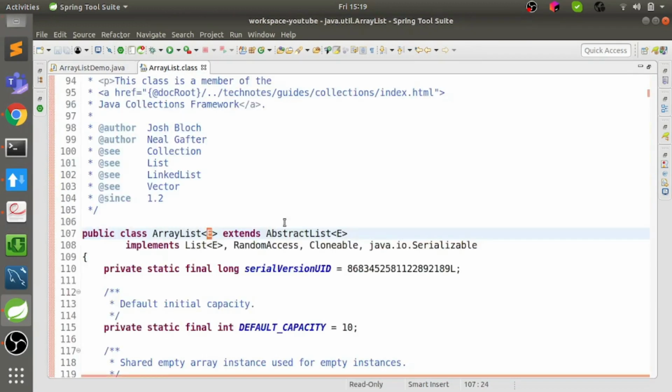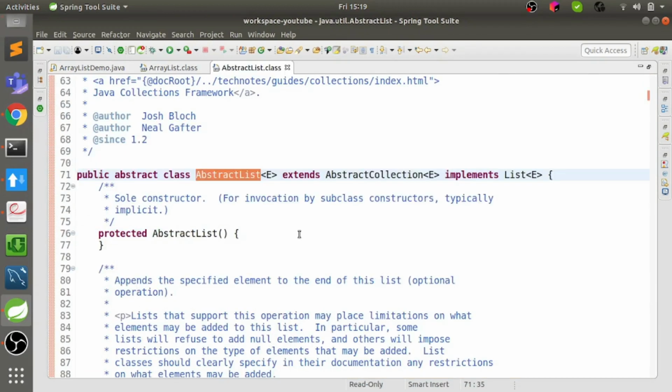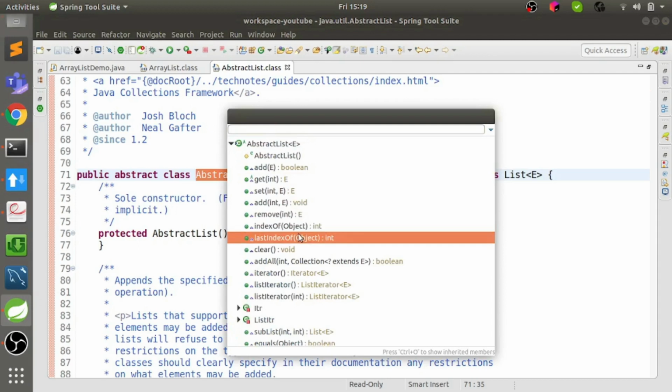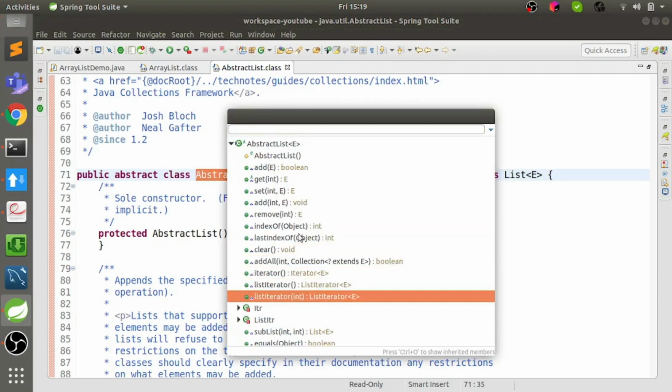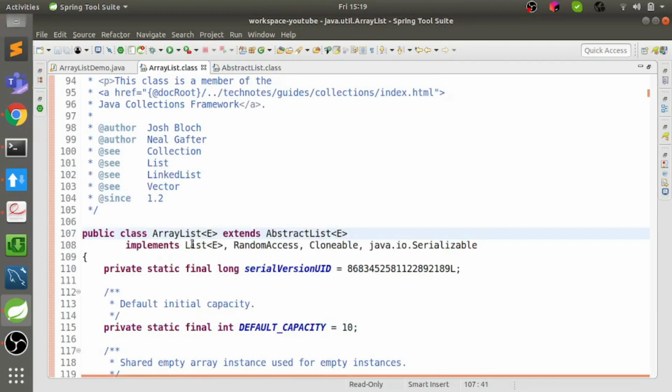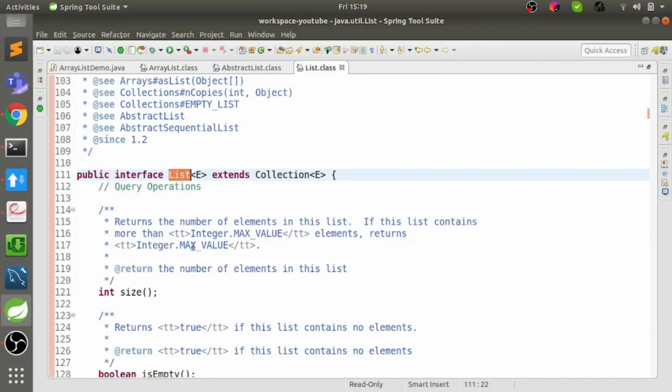It extends the AbstractList class, which has all these methods like set, get, add, remove, indexOf, lastIndexOf, iterator. So ArrayList has all those methods, plus it also implements the List interface.